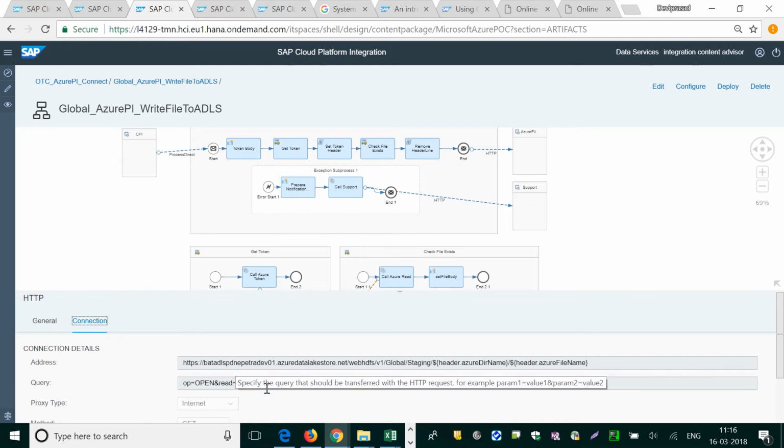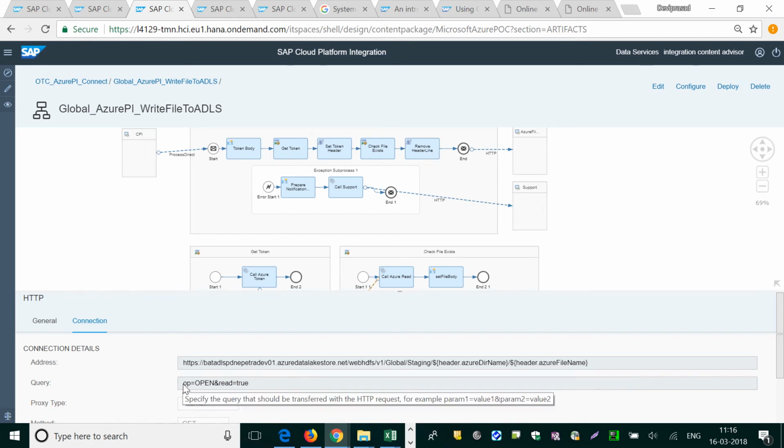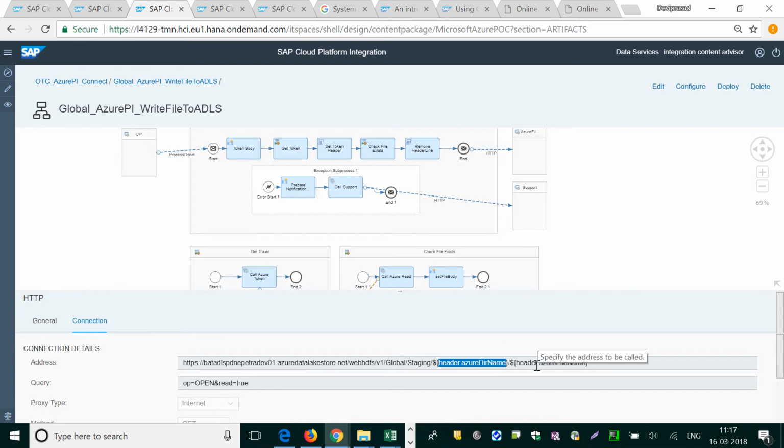See here, read true. The query is this one. This is the query on the Azure system to check whether the file is existing or not. So header.azure file name, whether that file name already exists or not. This directory, these values, we got from where we set them globally, right? That is a set property header. I think this is set at the header level. Okay,